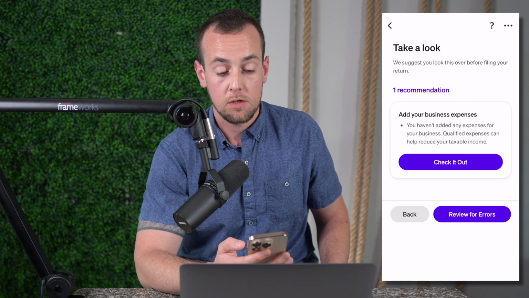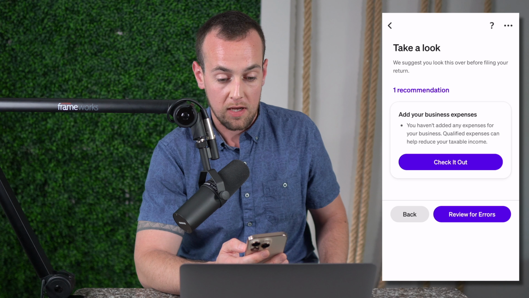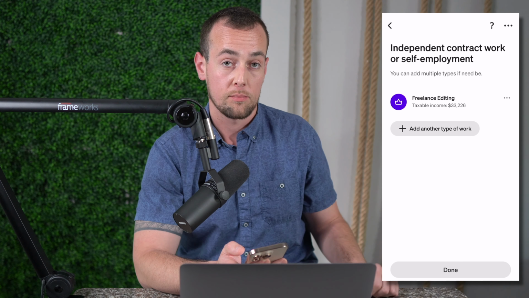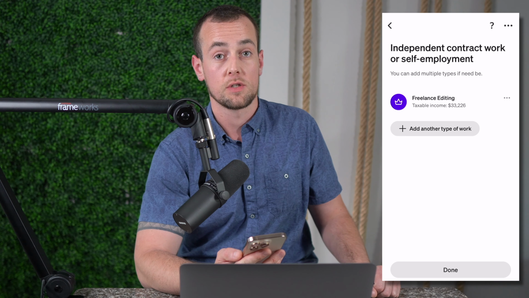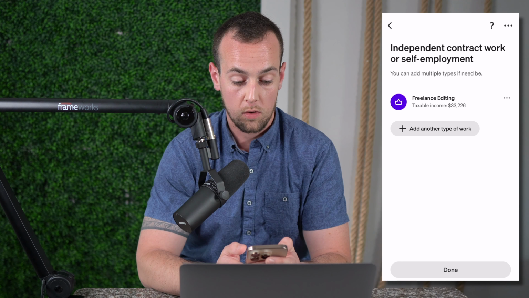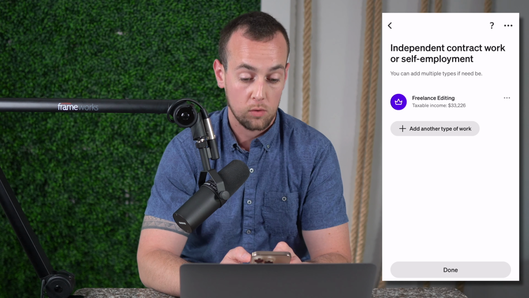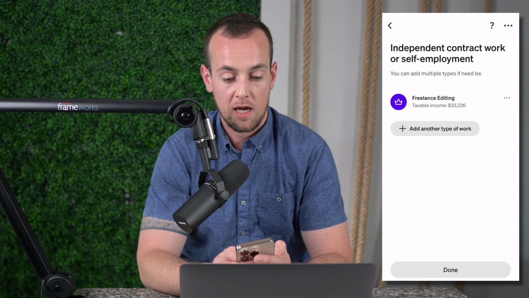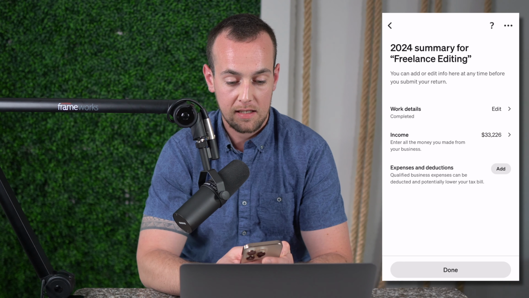Now, one thing recommended here is to add business expenses that we haven't yet. So we're going to click on check this out. This is great that, for example, here with Cash App, you get these recommendations as you go. So under the freelance editing employment, which we can select, we're going to now add some expenses. And to do that, we're going to click on the three dots and click on edit, and then we have